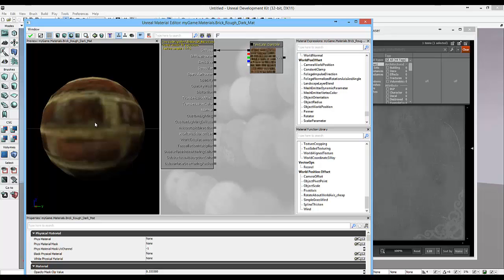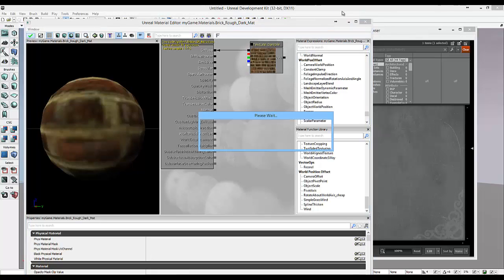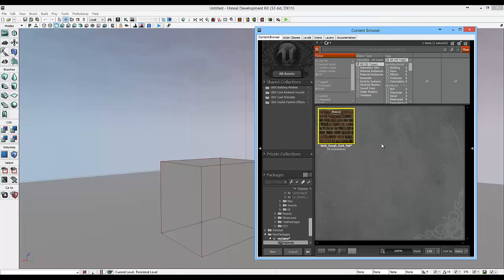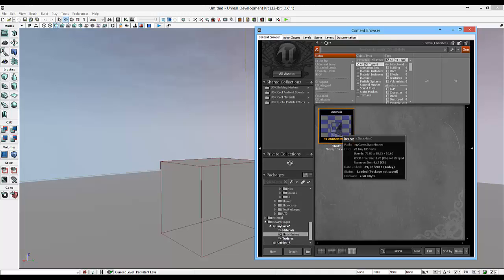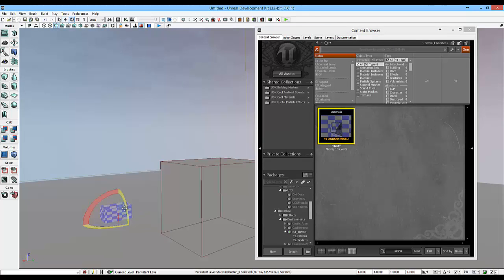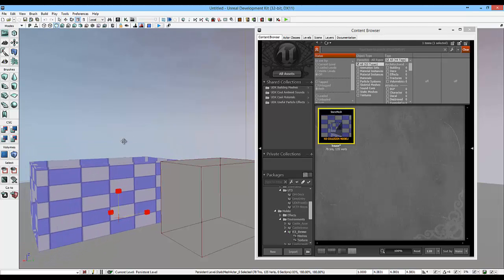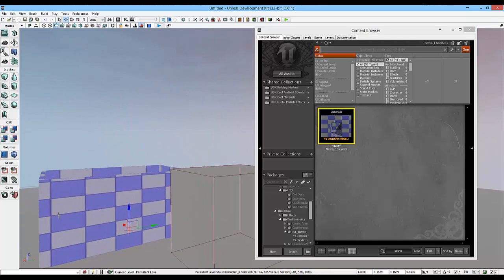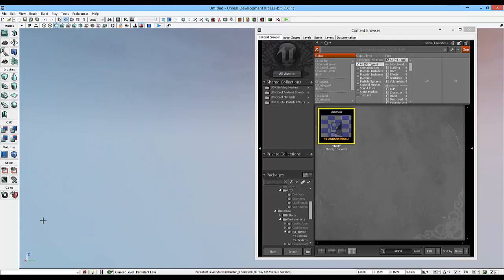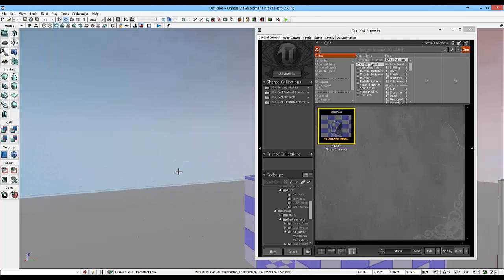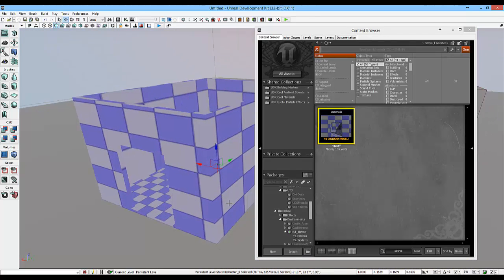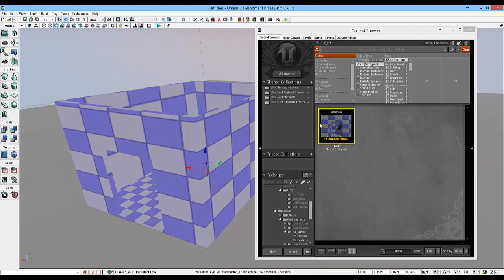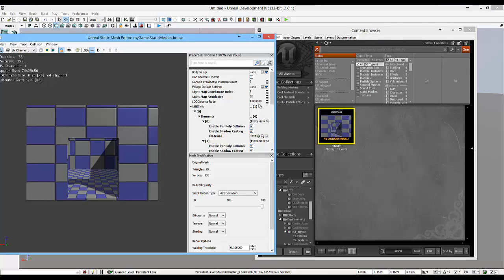Now okay, so let's apply that, close this down, and I'm going to go into my My Game's static mesh. I'm going to bring that static mesh in. It's quite tiny, so I'm going to scale that up so that it's something that we can view. And let's just turn the camera speed down and navigate there so that we can see this building. I'm going to double click on it and we'll go into the